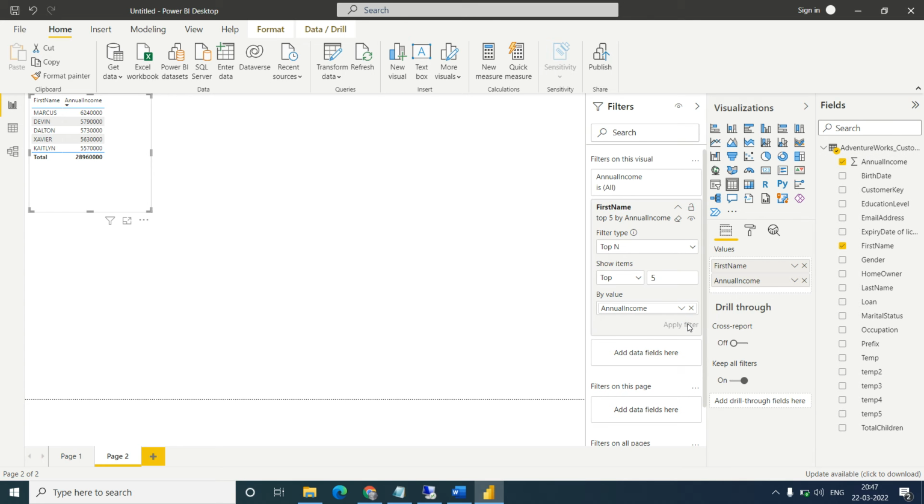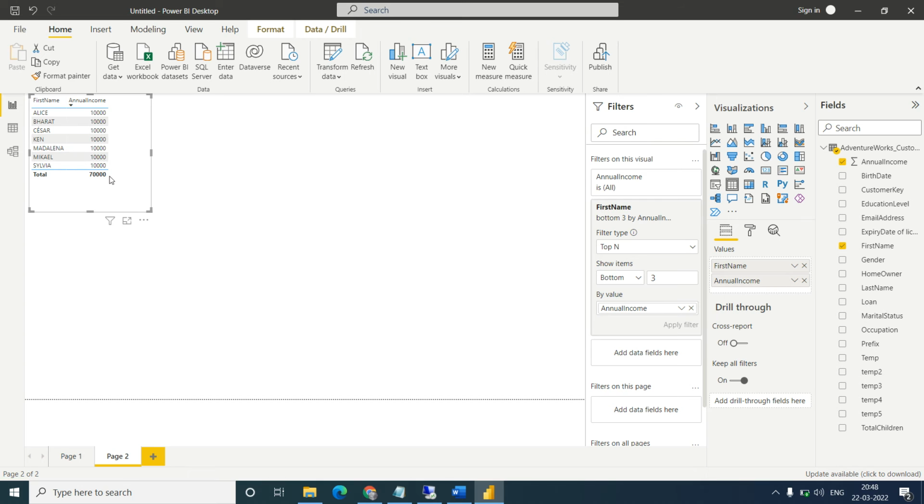Okay, so top 5 customers whose salary is the highest. Bottom 5 customers, select bottom. I click on apply. So this is the lowest salary of 5 customers. If you add 3, why is it showing 6, 7?